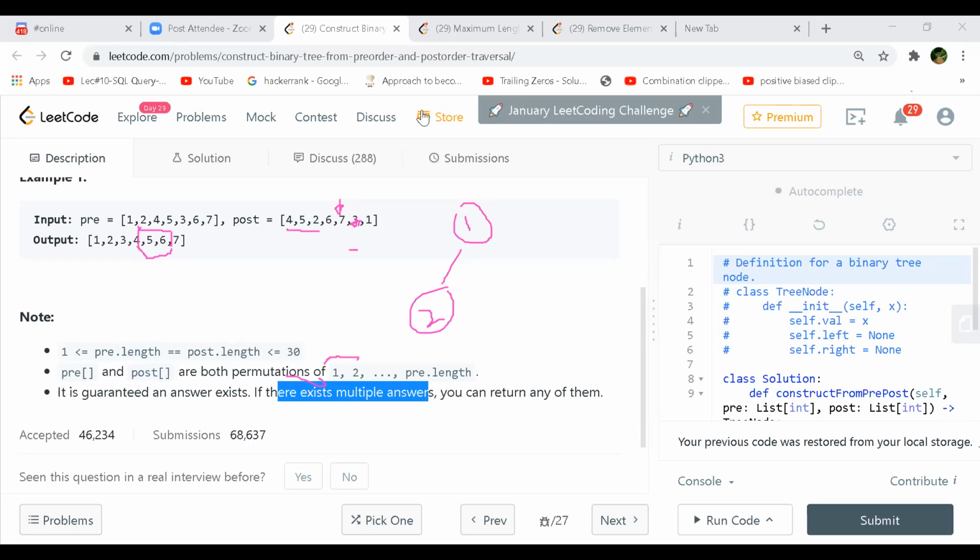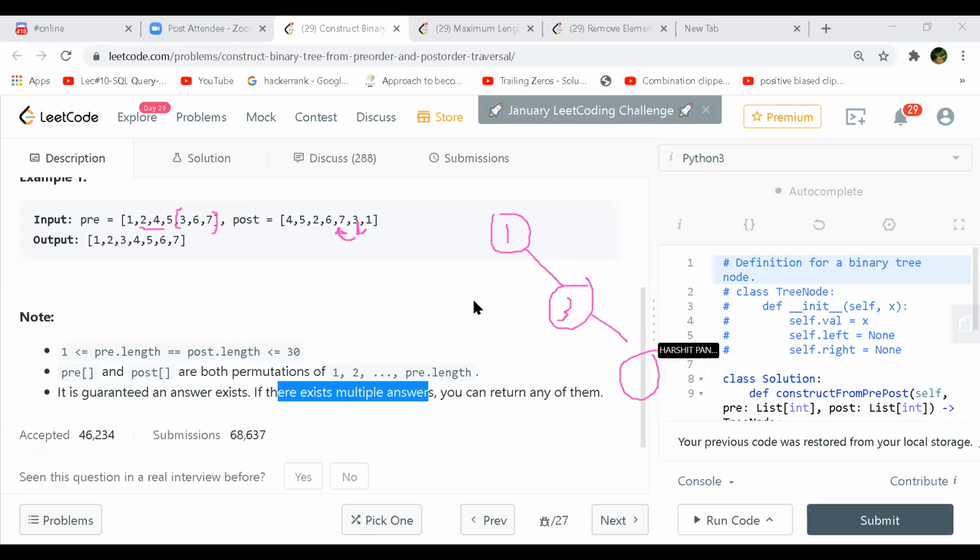So if we try to build the right subtree first, does it make more sense? You build your 1, then you look for the element to the left of 1 in post order, which is 3. Now you look for the 3. So it is this part, 3, 6, 7, and you keep this for the left traversal. So now you move to 3, you make this 3. Now you move one step left in the post order, it is 7. So you build this 7.